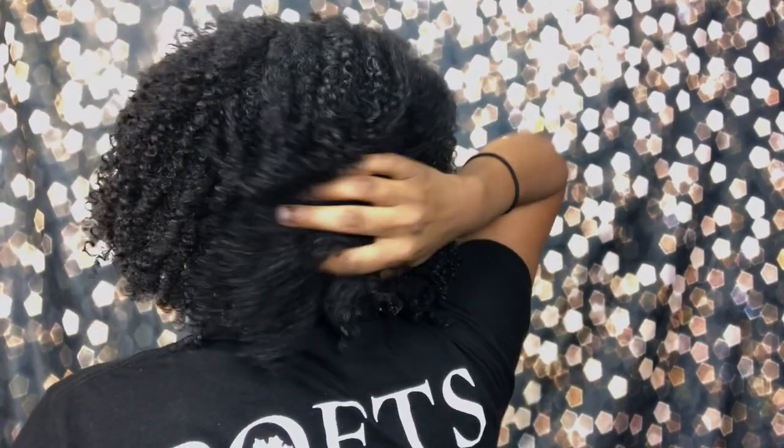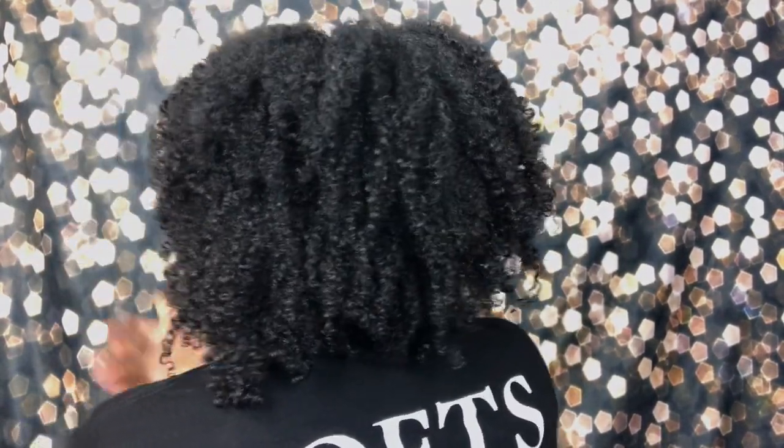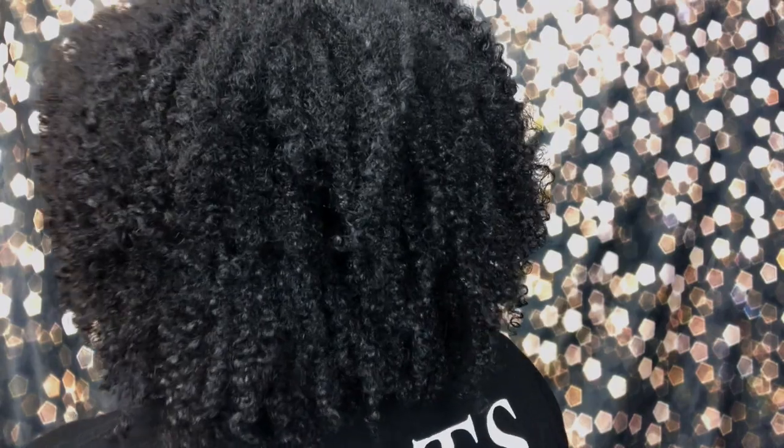It's very shrunken, of course, but actually I feel like it's a little bit more shrunken than normal. It's very shrunken, but I typically will stretch it out when I go to sleep at night. So I'll show you that too. Let me show you the back, what the back is looking like. So you can see it is about